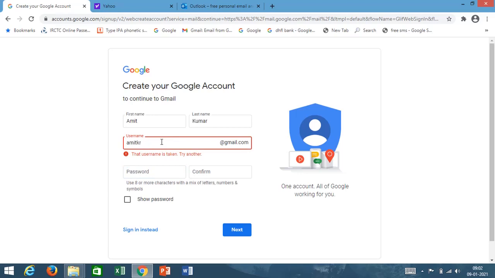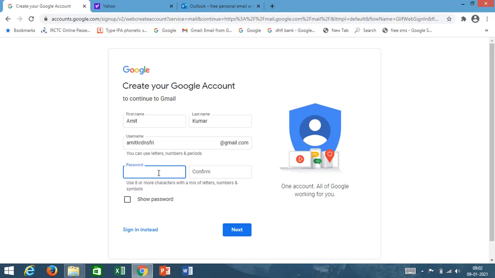So what I will do, I will write something, 2000 Amit KR DNS FRI. Now let me see. Now see here, in the red sentence, it is not showing that this particular name is taken by anyone.